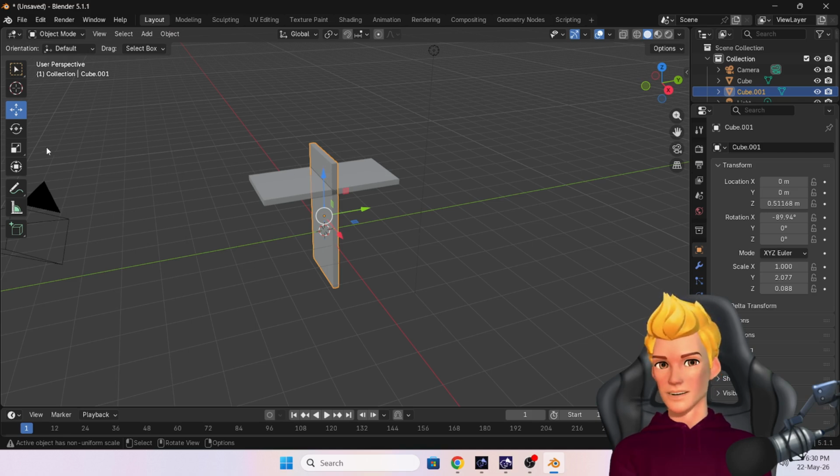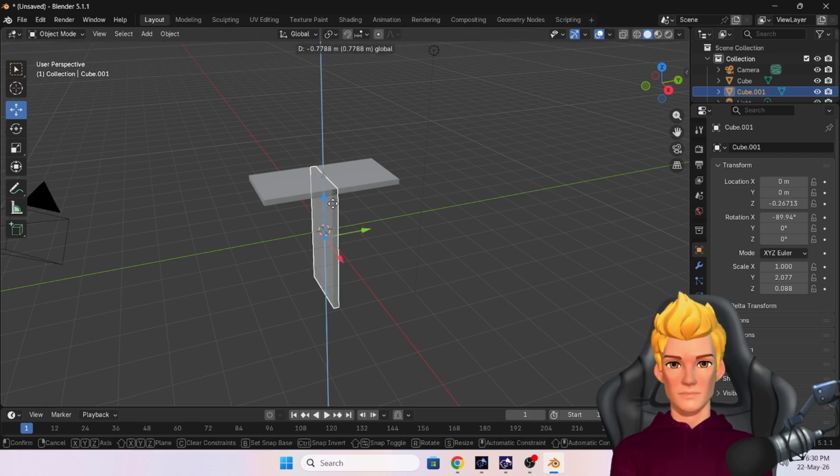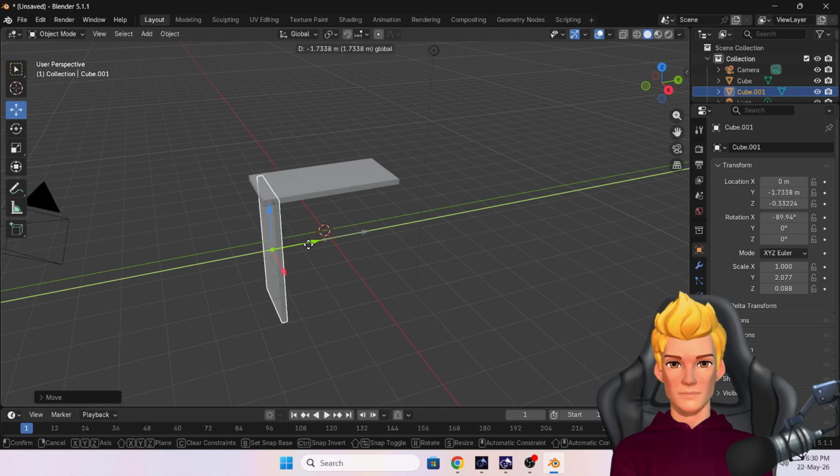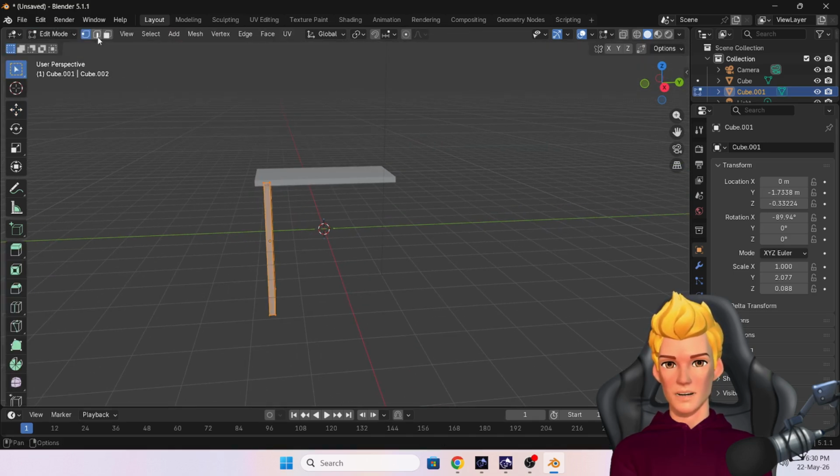And then keep it here like this. Move it here and here, and go in vertex mode. Click and drag the vertex here like this,